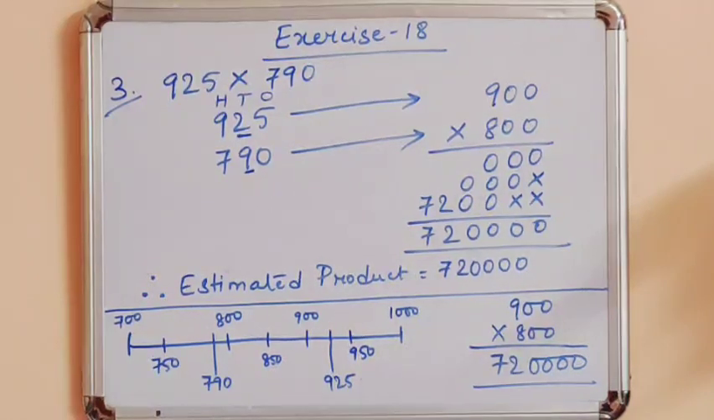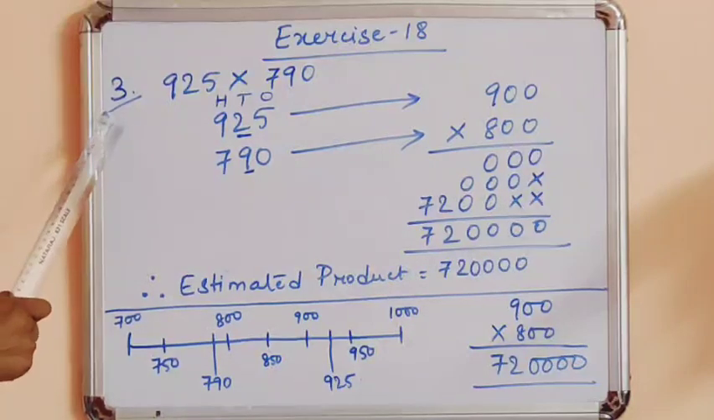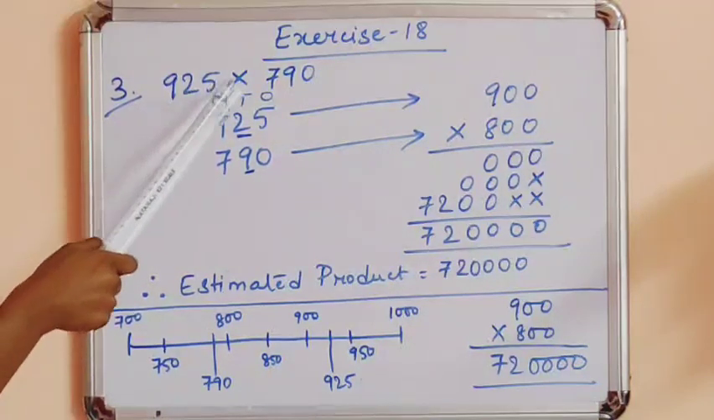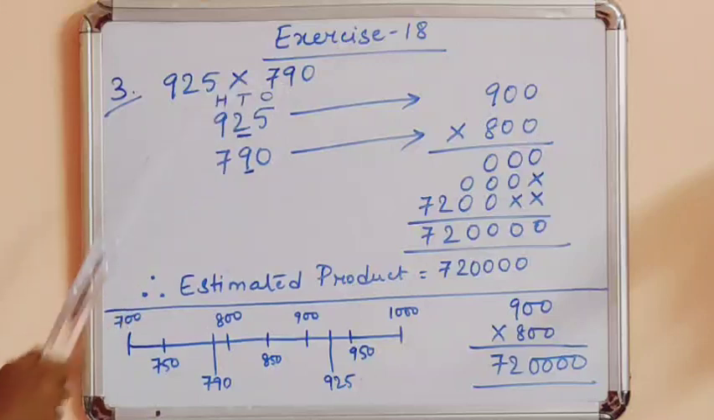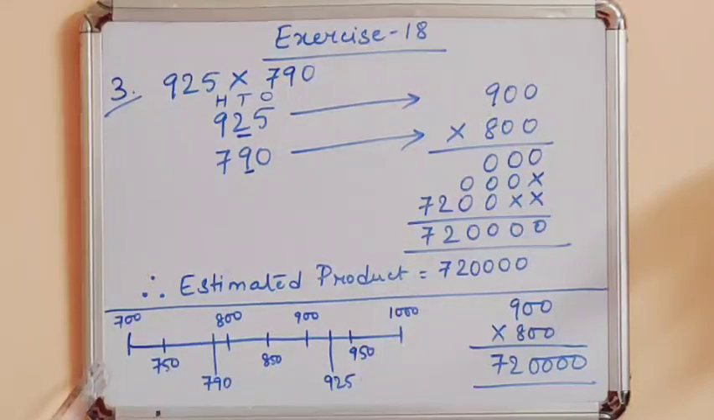Now let us move to exercise 18. Estimate the following products. See, estimation means rounding off. So look at number 3, 925 into 790. If you look at the number line, you will see that suppose this is 700, 800, 900, 1000, and